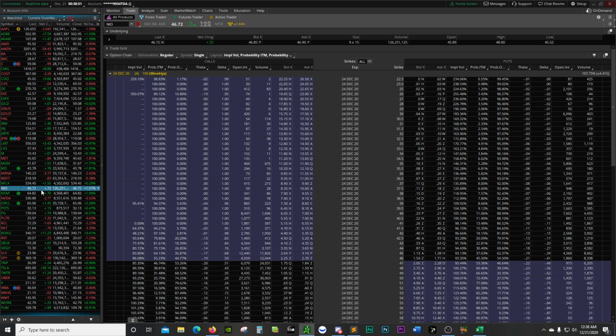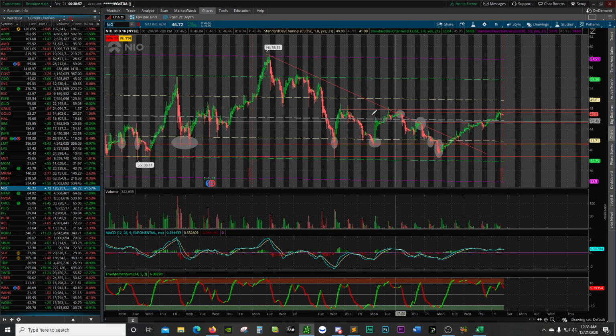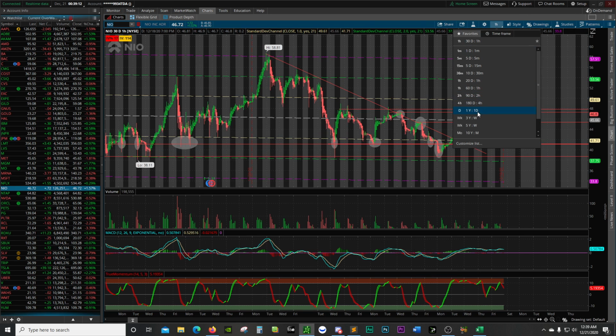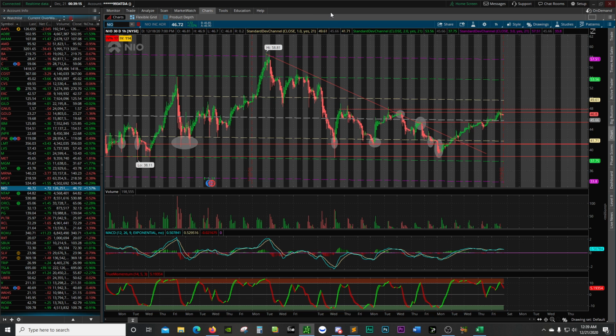Neo has hit my radar, and I'm interested now as of lately. After I saw this movement, this descending triangle or descending wedge, whatever the hell you want to call it, I started becoming interested. Are you concerned about that delisting from the U.S. market? No. Assuming Biden is president, which is probably the case, China is going to benefit from Biden. I just totally believe that.